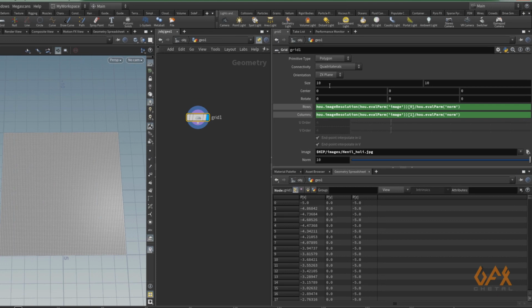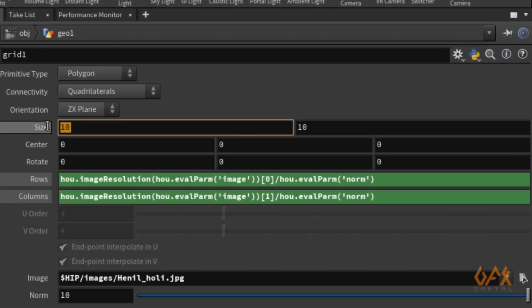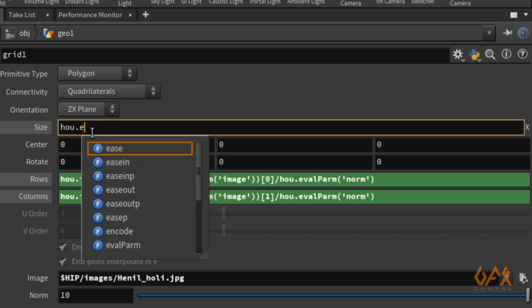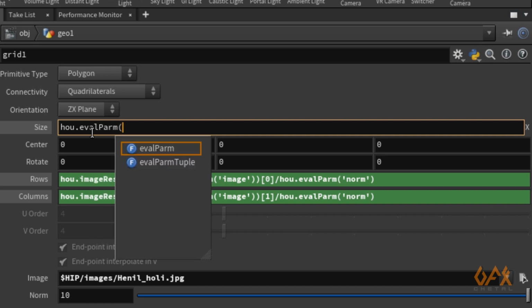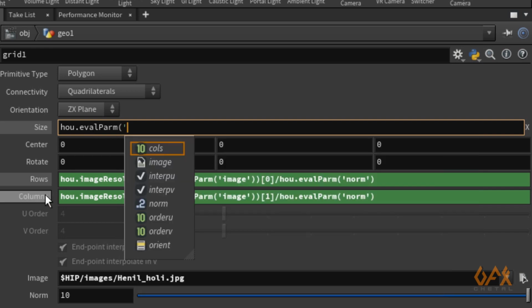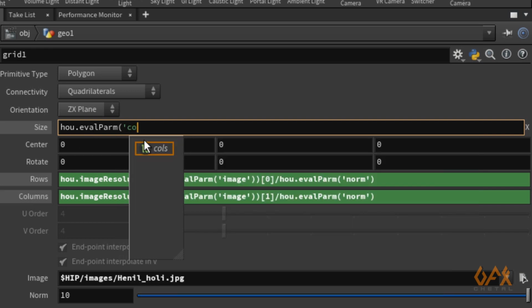So for that purpose, over here I write hou.evalParm and I call this value cols, bracket over, divide by float. Okay, because one of these parameters should be a float, so that will give you the answer in float.